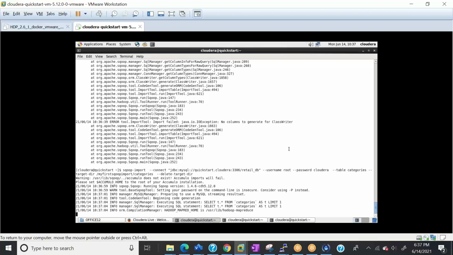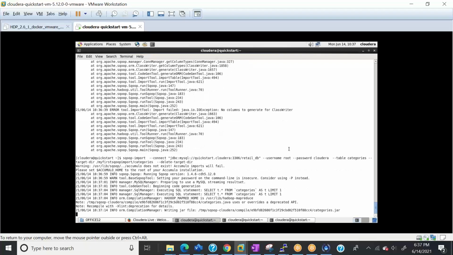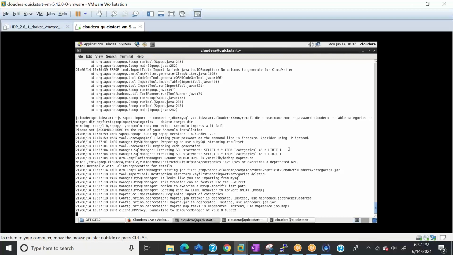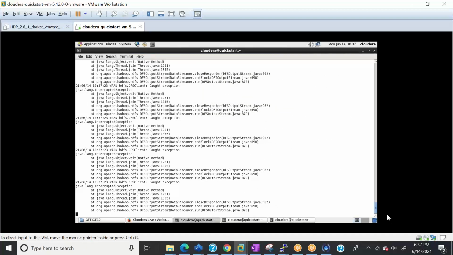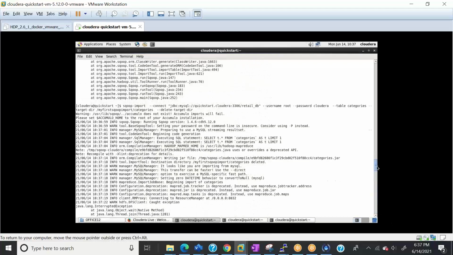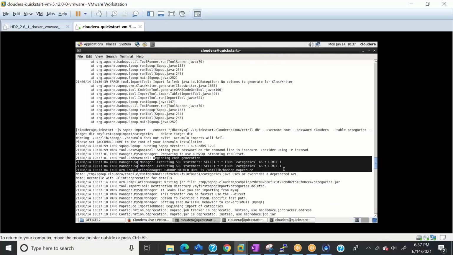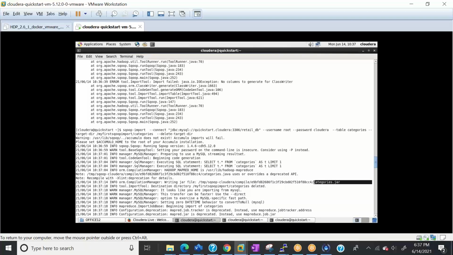So what exactly does a Sqoop command do? I even tried to cover it in the previous chapter. Whenever we run a Sqoop command, it will first see the metadata, what we have seen using the eval command, like this. It will first see the metadata of the table, and then using this metadata, it will write a MapReduce job to run on the table to bring data into HDFS. So here, if you see, it created a jar, a Java archive. Behind this Java archive, there is MapReduce code written by Sqoop on our behalf.